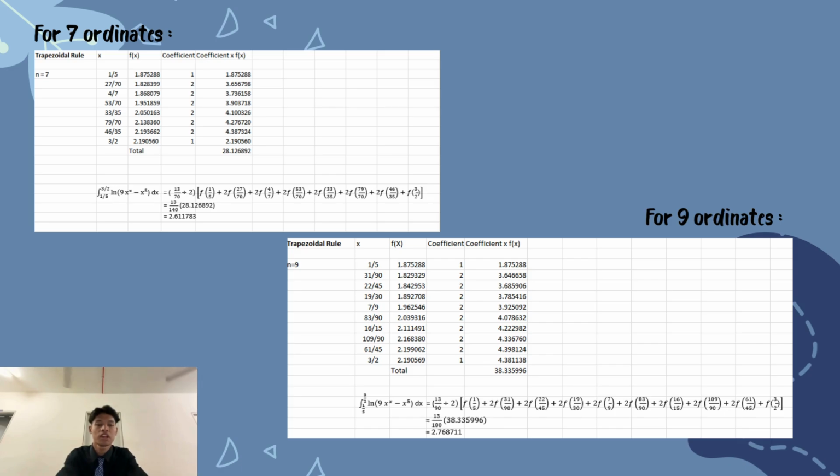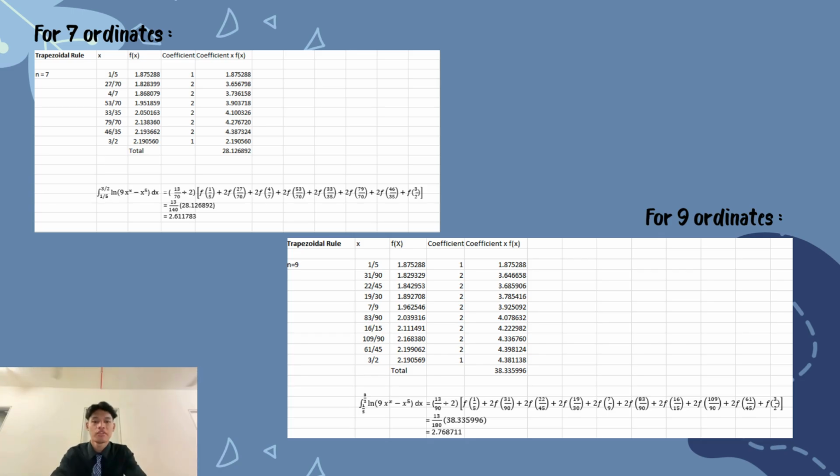For coefficient times fx, we start with 1.875288 followed by 3.656798 and lastly 2.190560. The total of coefficient times fx, we got 28.126892. And for 7 ordinates, from the equation given, we total it and we got